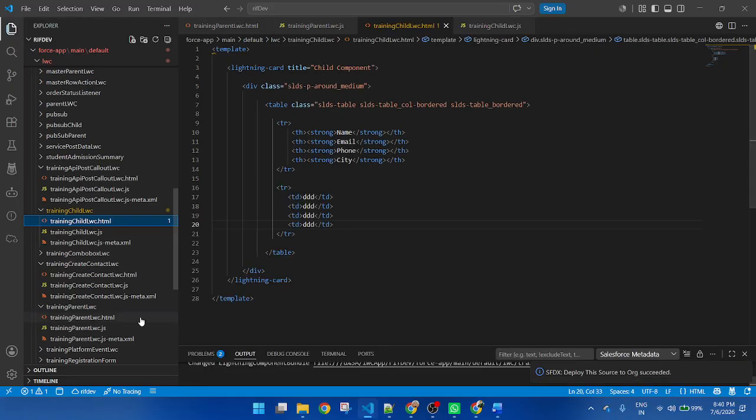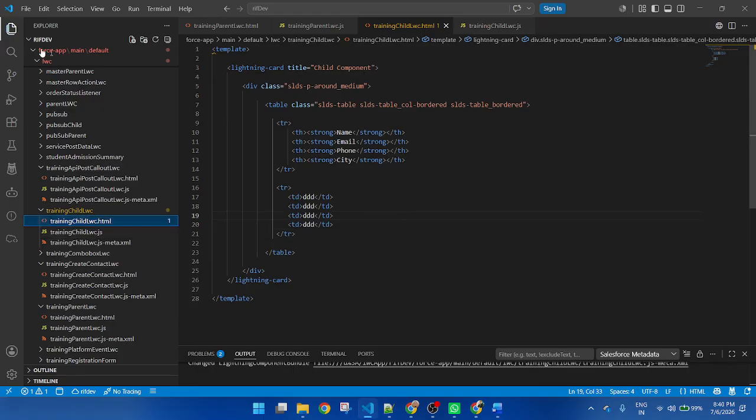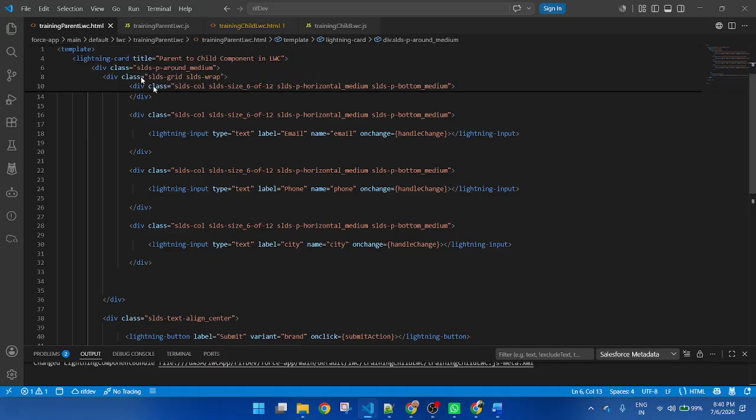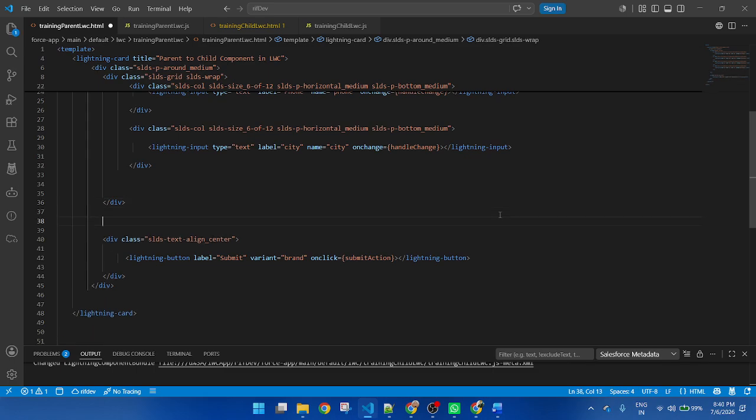Now let's copy this component name. This is the parent component. Before the button, here I am calling my child component.